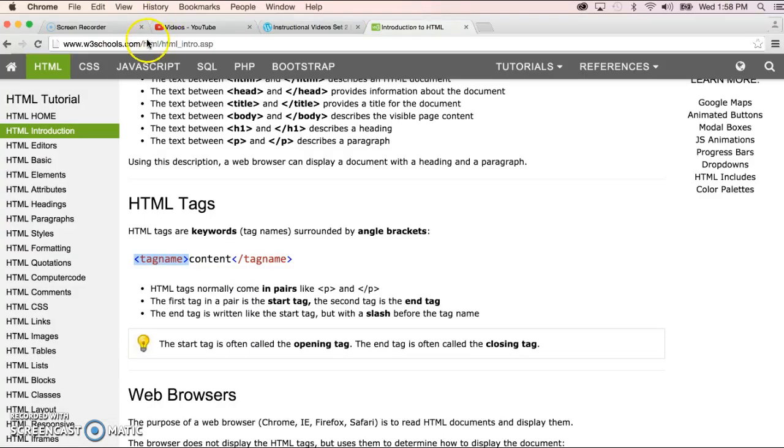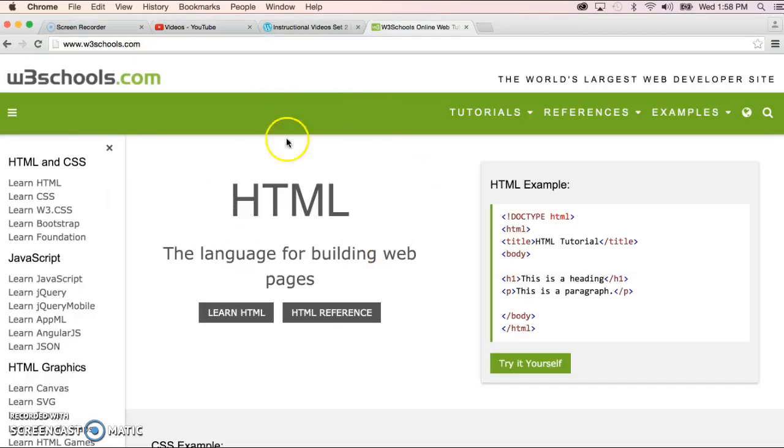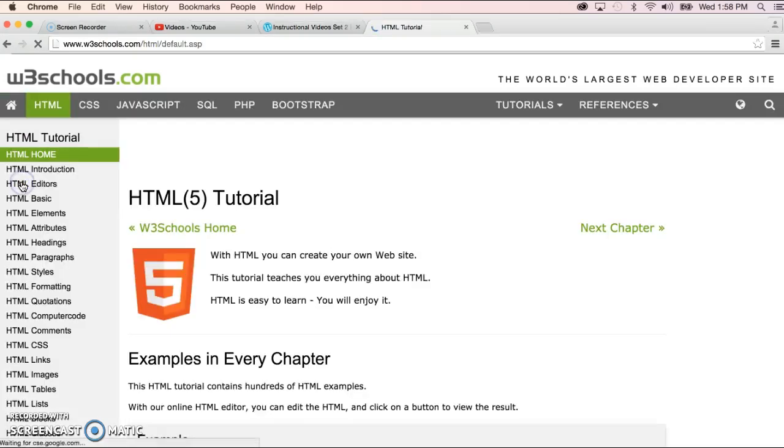So we'll go to W3Schools, and so that we're all starting in the same place, I'm just going to be at w3schools.com. This website updates quite frequently, so it may not look like this when you go there. Even the menu system might not be the same, but if you just apply a little bit of common sense and get to basically "I'm going to learn HTML," find that in the system, click on it,